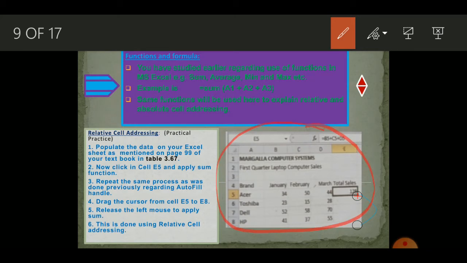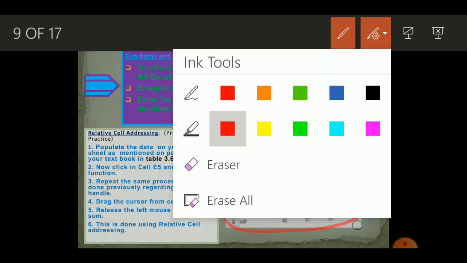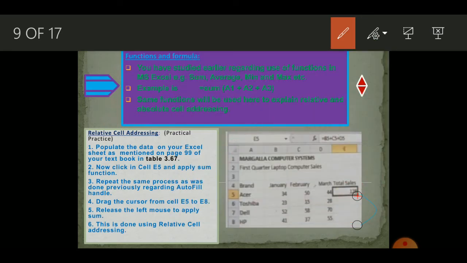So once you have done that, you have to type the formula regarding the cells you want to apply it to. For example, in this scenario, we want to add these values 34, 50 and 44 in the cell next to the value 44. So how do we do that? First, you should know that a formula begins with the equal sign in MS Excel. As soon as you type the equal sign in the formula bar, the Excel processor knows that a formula is going